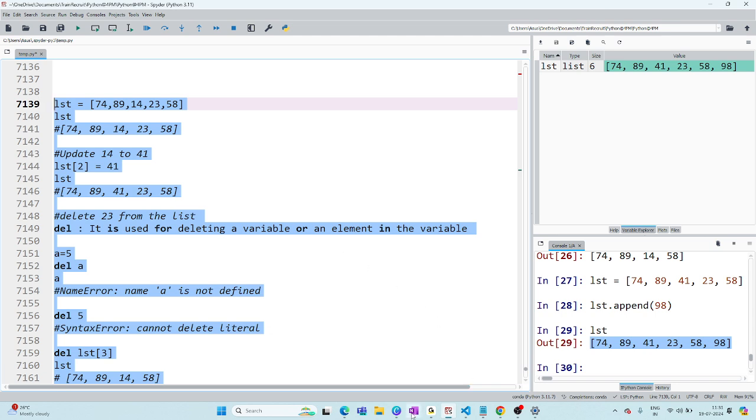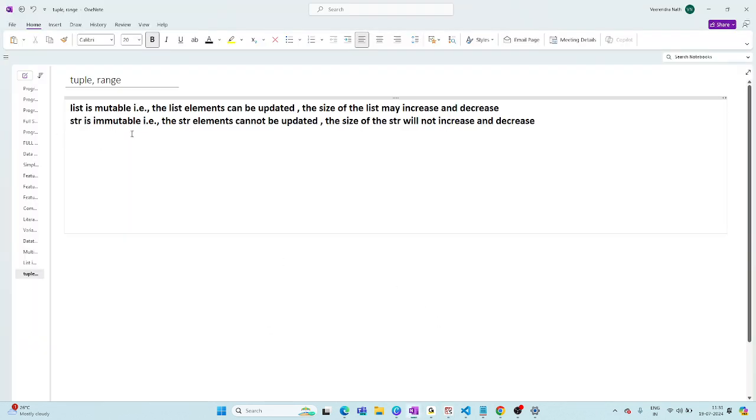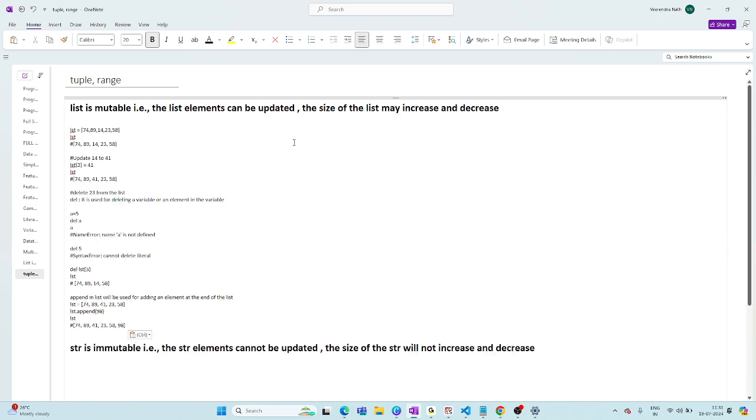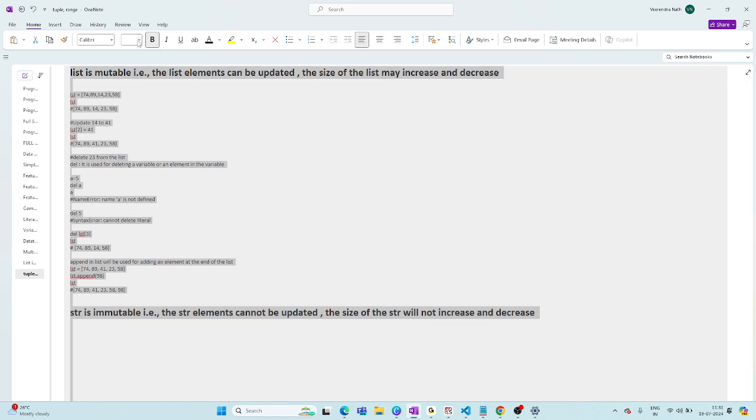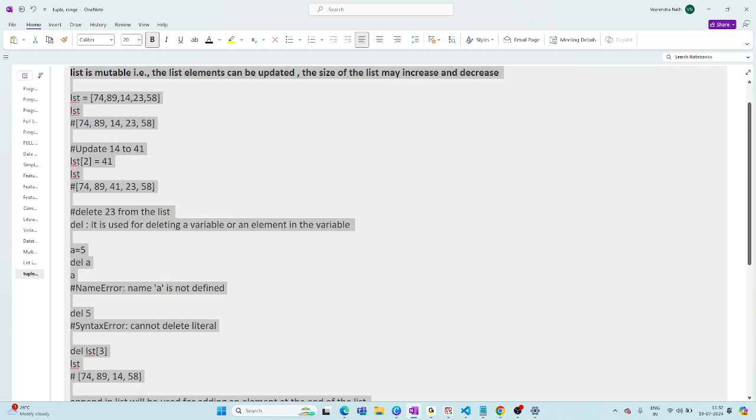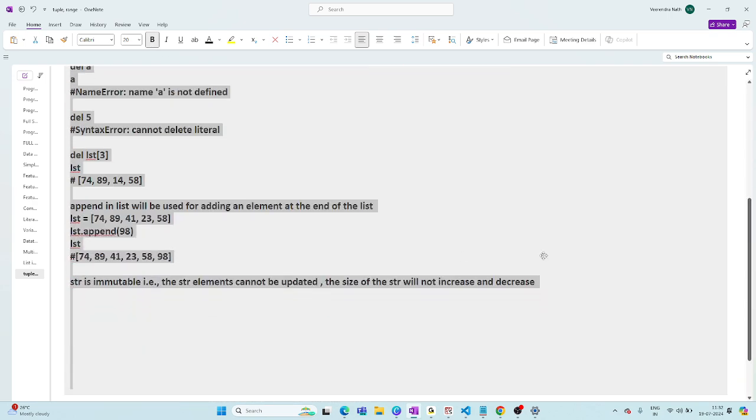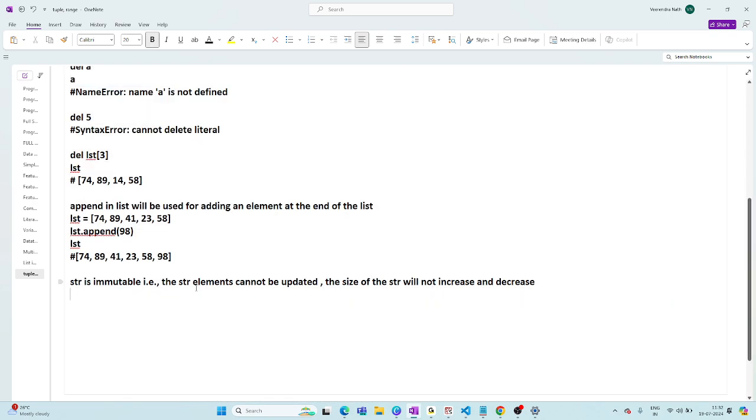List is mutable, yes or no? Because we can update, add the elements, delete the elements, right?